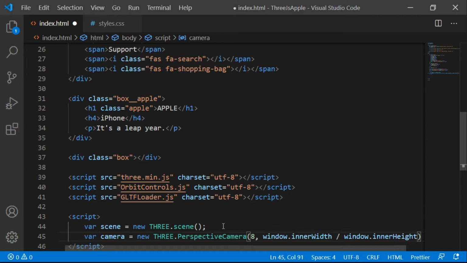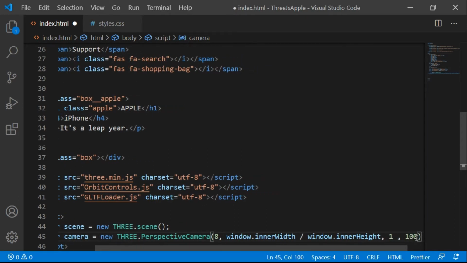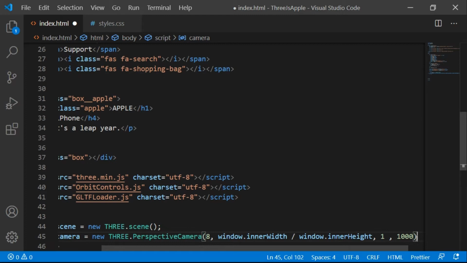As I said, I will link all the files. Then let's add a comma, and simply add 1 and another 1000, which is the distance basically.